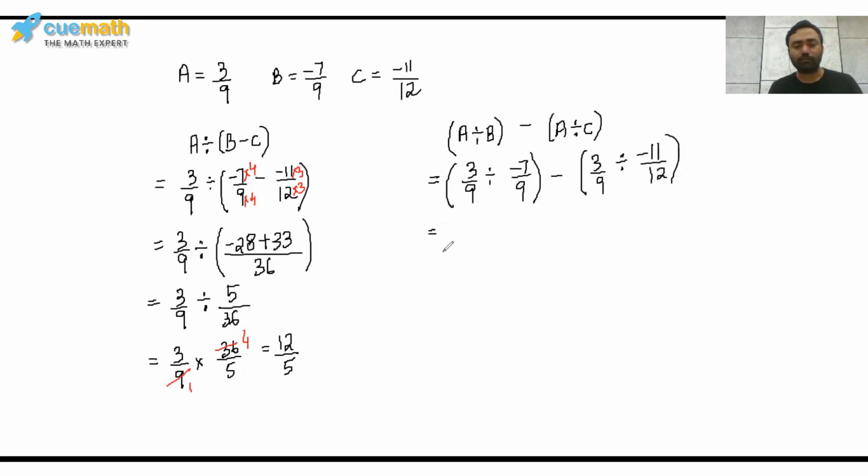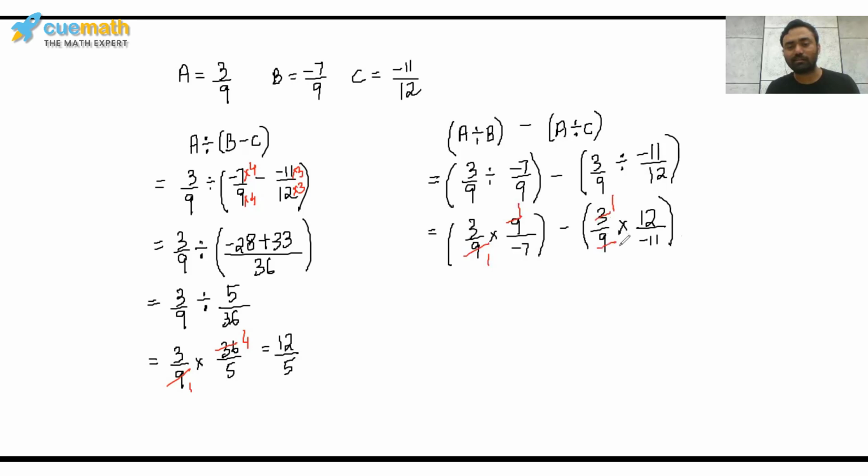So to solve each of the brackets, we are going to take this division to multiplication, and then 9 over negative 7, there would be a reciprocal in the second fraction of both the brackets. So then again 3 over 9 divided by, in place of division, we're going to take multiplication. So negative 11 over 12 would become 12 over negative 11. Let's eliminate the common factors between the numerator and the denominator. So 9 ones are, 9 ones are, 3 ones are, 3 threes are, then 3 ones are, 3 fours are. So eventually, let's see what fractions we are going to get.